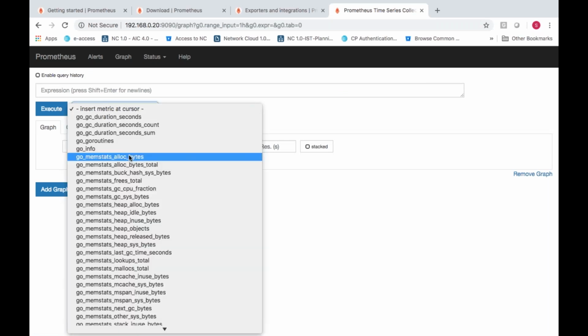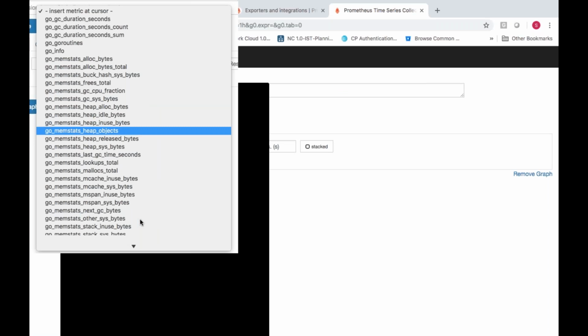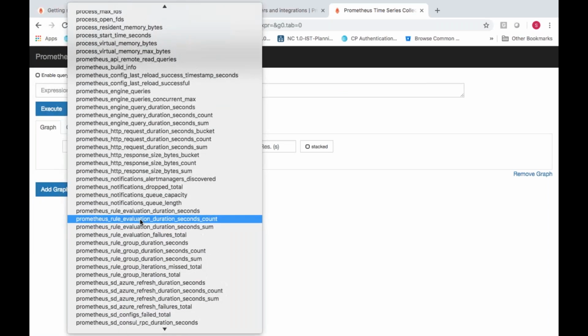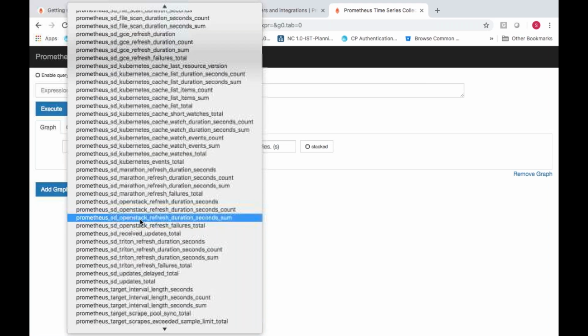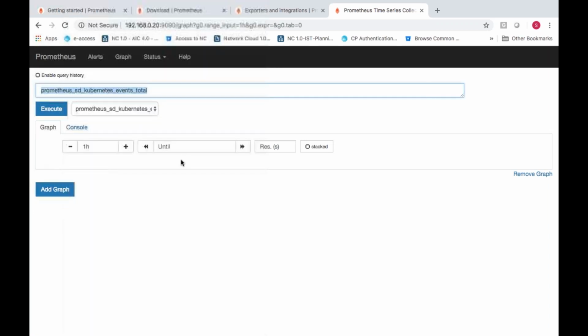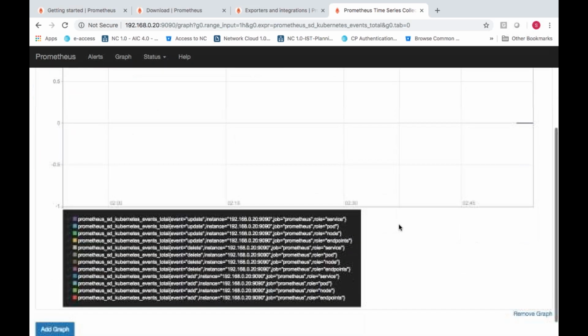Let me show you. Kubernetes. You can see here, this is the graph. So this is Prometheus: role, service, pods, nodes, endpoints, and all.